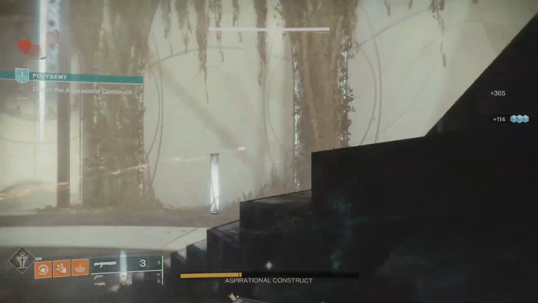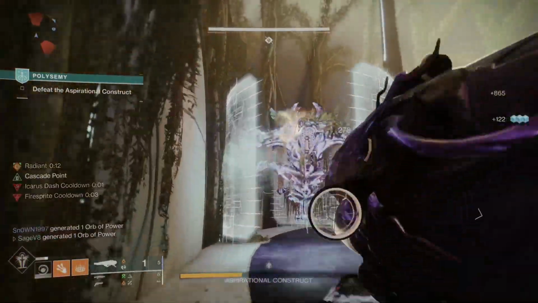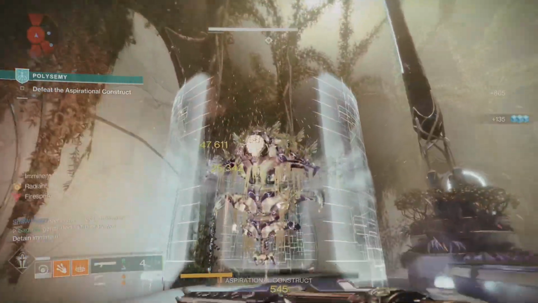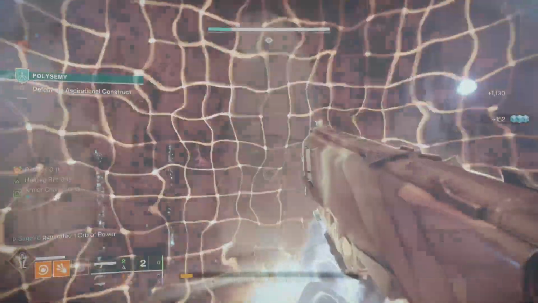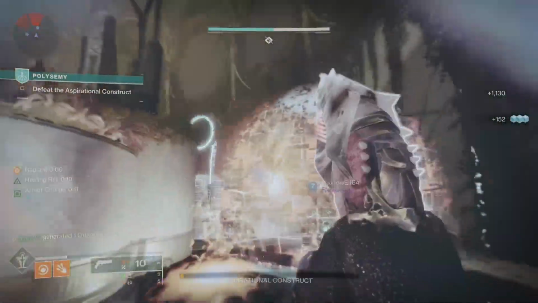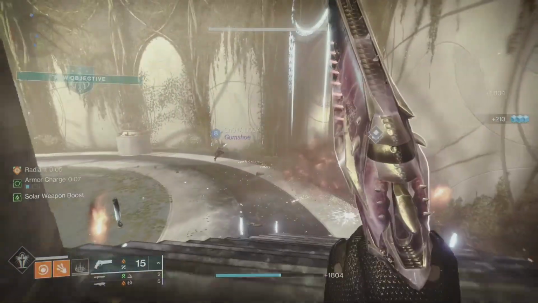This combination is a reliable option for some DPS, however it is not a very unique perk combination, as the exact same perks can be found on other weapons such as Ness's Ablation from the Root of Nightmares raid, which is also craftable. But if you don't have this pattern unlocked, or you're looking for a DPS slug shotgun to use whenever there is increased shotgun or strand damage, then Supercluster with Reconstruction and Vorpal is a great option to